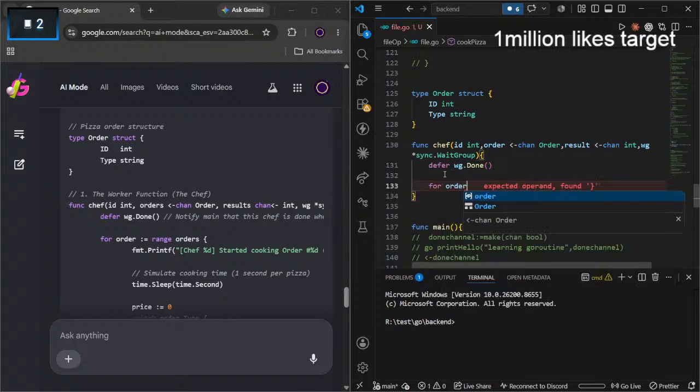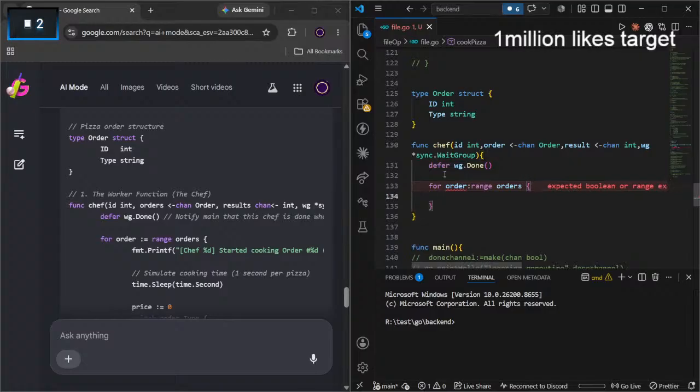For every order, yeah, range of orders. We don't have orders here. Expected boolean value. Oh, it's supposed to be order. Then where do we have the order?